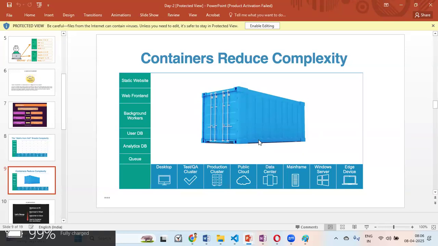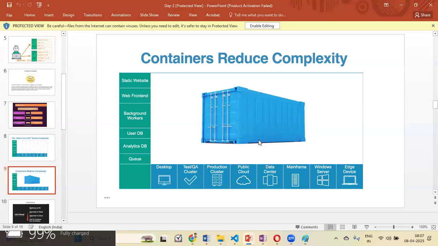Now imagine there is a bug. They will just inform, and they will produce some hot fixes and other things. The regular software life cycle will move on. But what is the core advantage here? You build once, deploy anywhere. Build once, deploy anywhere. This is the core idea behind containers.